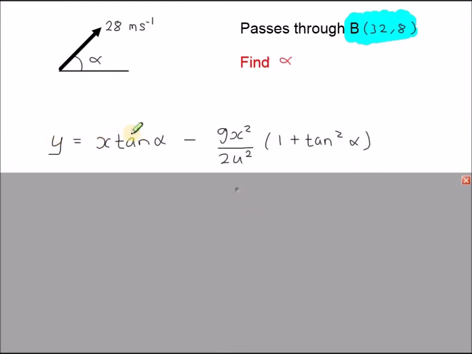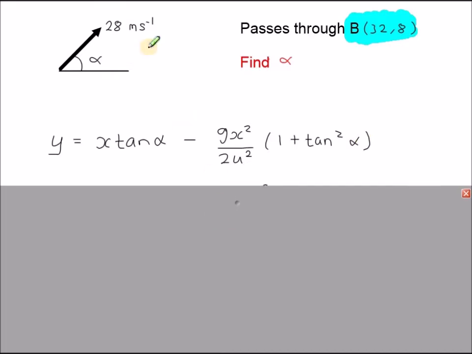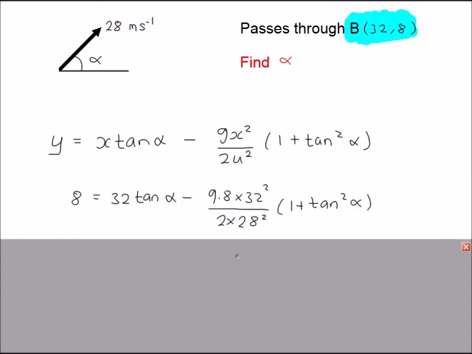It's y as a function of x, so we know that y there is 8 and x here and here is 32, and alpha is the unknown angle that we're going to work out, and we know what u is. u is 28. That u there, it's 28. So we substitute our values in,